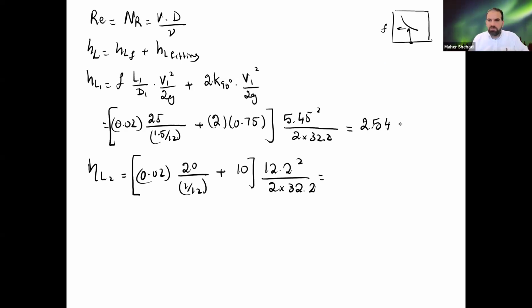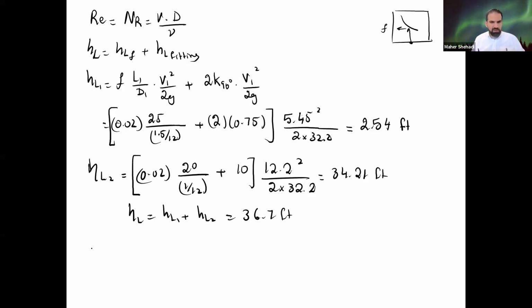So this one is 2.54 feet, and here 34.21 feet. Therefore, the head loss is head loss 1 plus head loss 2, or we can plug it directly into my equation. It's 36.7 feet. Therefore, P2